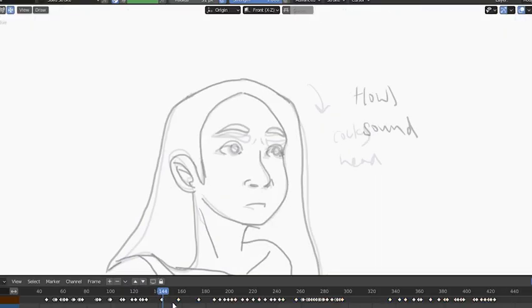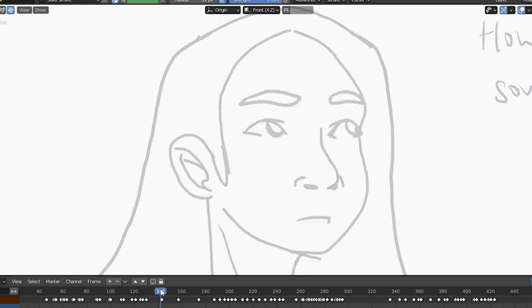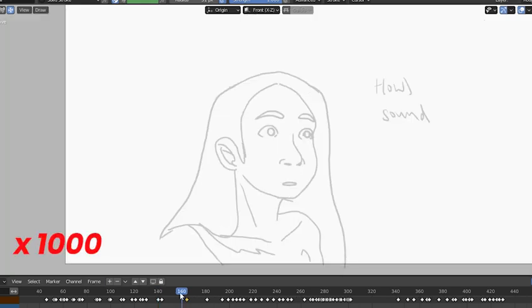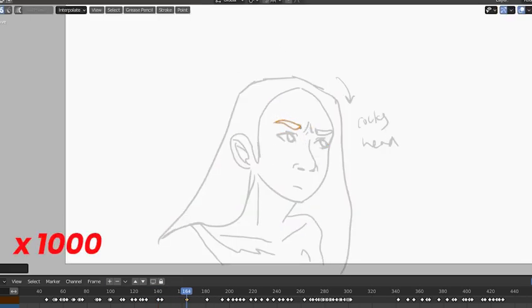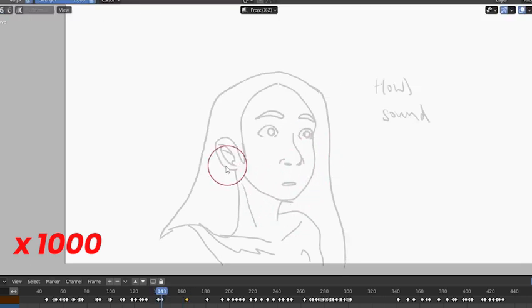So this is what I started off with, and this is kind of a look into the process of animating. It's very tedious, and hopefully this gives you a little bit of an idea of how time consuming it really is, and all the tiny minute changes that go into each of the little frames along the way to building the full animation.